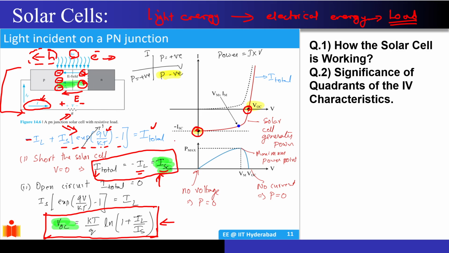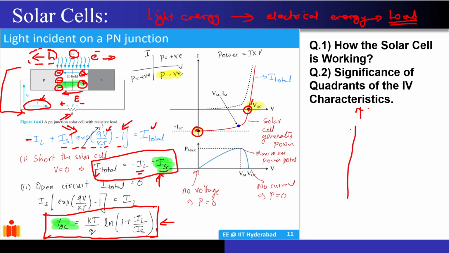Now if you just join this with graph of having this exponential nature, you will get a curve which is highlighted in the red figure. And this dotted curve that you are seeing over here, this was for the PN junction which was just forward bias. So you can see my curve is now present in the 4th quadrant. This is the question that now I have asked over here. We have to clear this. Why this 4th quadrant is so important.